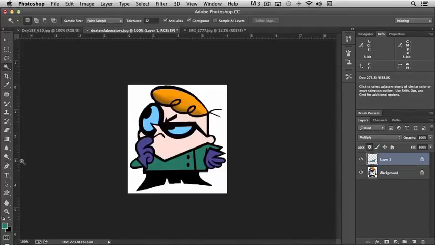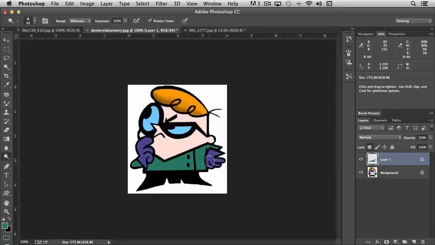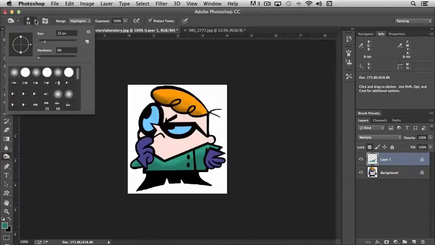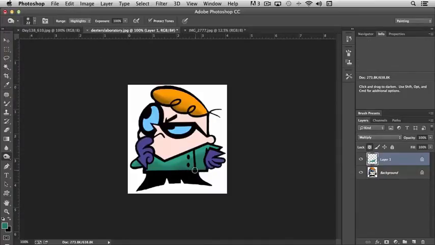Okay, so now if we come back over to our dodge and burn tools, and let's switch to mid-tones here, you'll notice that if I come down across the top, it's lightening the top area of the green. Okay, and essentially what you're doing here is mimicking the effects of light. Okay, so let's turn this down, and then I can come across the bottom and just add a little extra